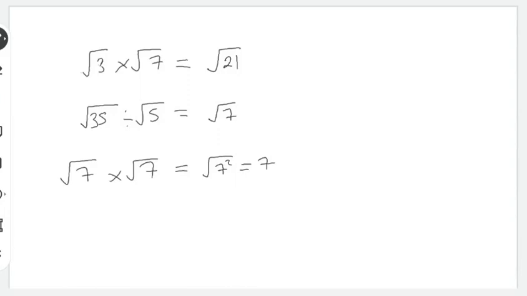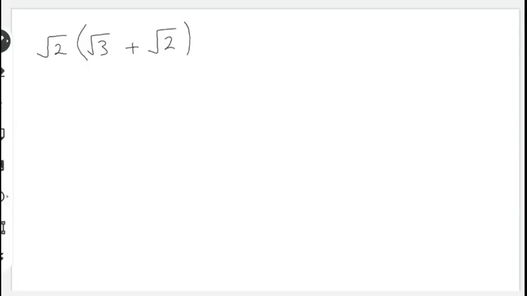And now we're just going to apply that to things like this. So on the second slide, it works just like expanding brackets. Would that be root 6 add root 4? Indeed, root 6 add root 4,